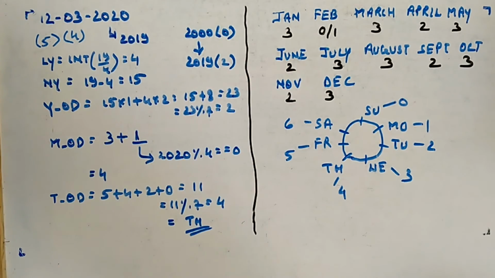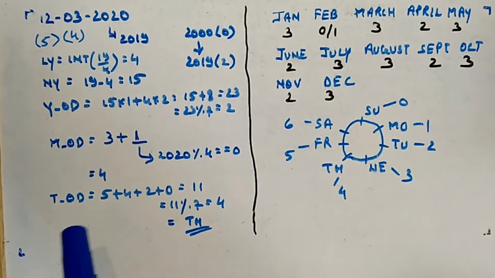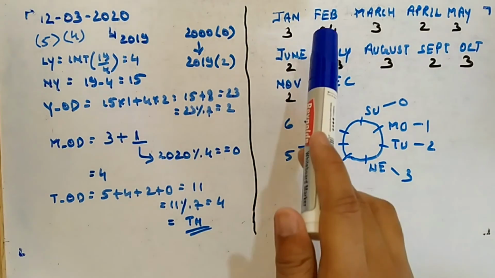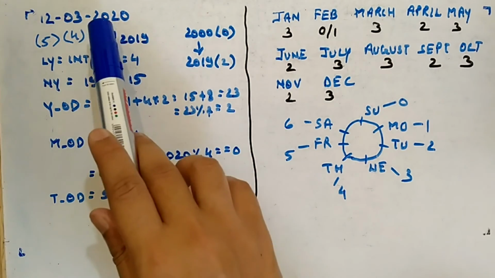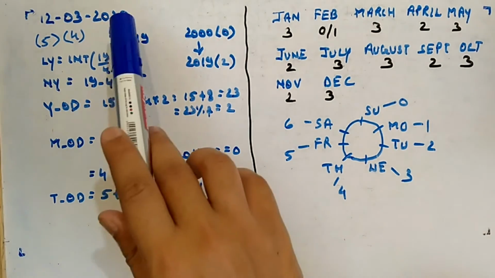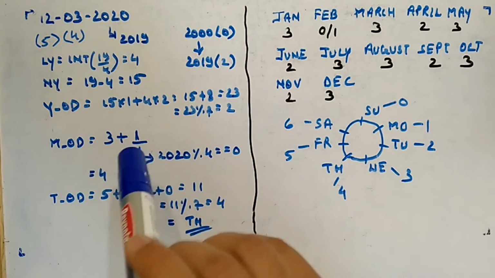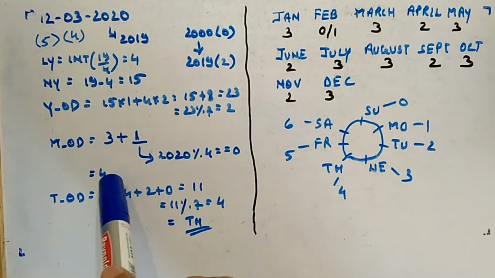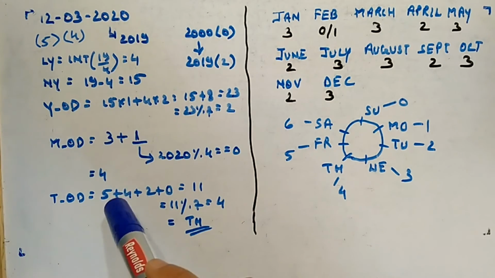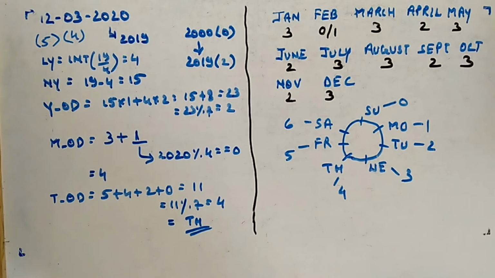Now let's calculate for the month part. So month is March, so till February you have to go. So 3 is as it is, and here in February I have taken 1 instead of 0 because this year 2020 is divisible by 4. It is not a century year and it is divisible by 4, and that's why it's a leap year, so you have to take 1 here. Okay, so total it is 4. 4 modulo 7, if you do, it will come out 4 only. So 4 odd days you are getting from month.